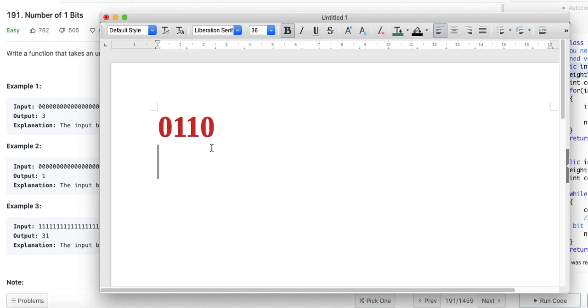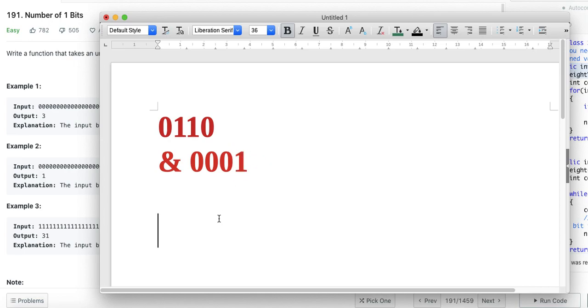How do you do that? If you don't know this, watch a basic video on getting, setting and clearing the bits that's there in this playlist. What you have to do is an AND with a mask. Here I have to get the units bit, so I will do AND with 1, and so I can get which bit is there.